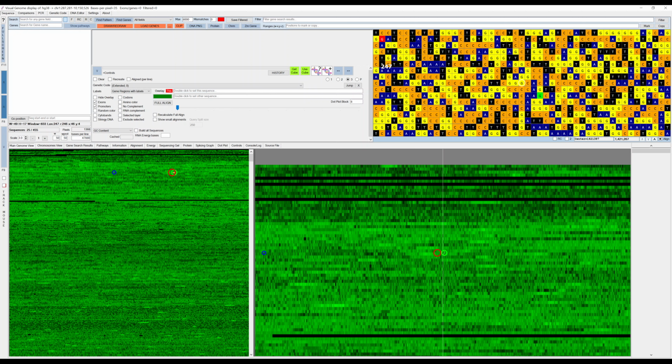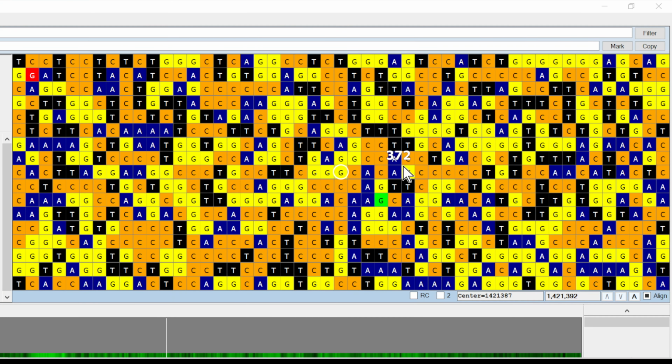So if we zoom in a little bit again, you can see here there's this number. If you double click, say for example there, and you're on the marker, it will show 1. And as you move away, you can see exactly how many bases you're away from that position. That allows you to quickly move to a certain number of bases. Let's say we want to highlight exactly maybe 400 bases.